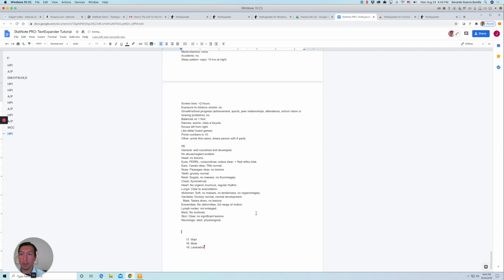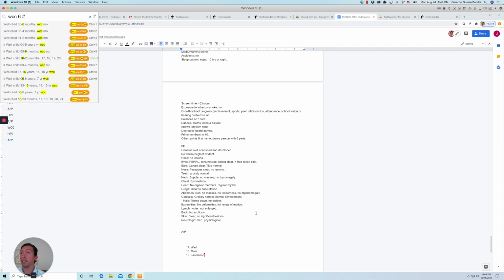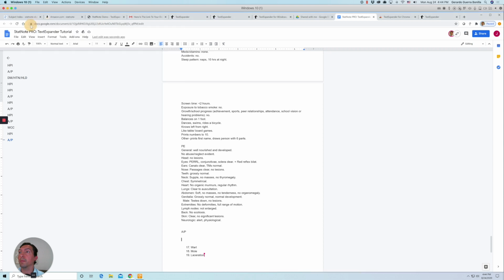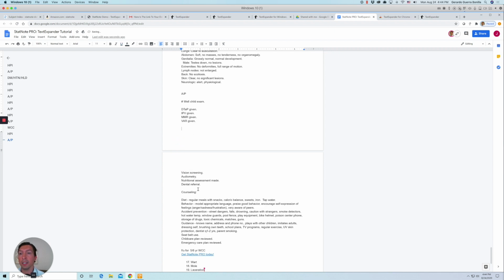And assessment and plan. This is the same thing again, the age, and then hashtag, and it's right here. So all the vaccines that the patient requires, maybe you didn't do this, so you delete it, and all the counseling they usually do, and for your next well check. Okay, so